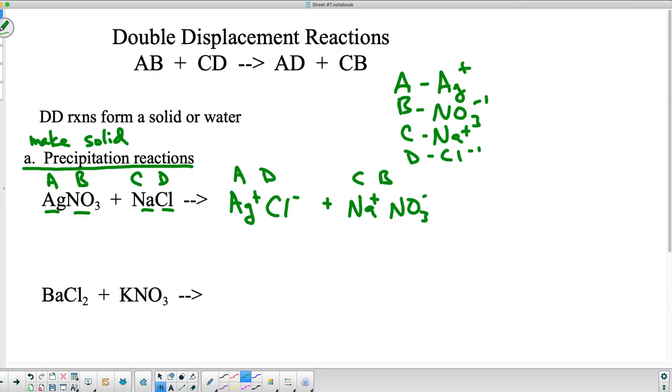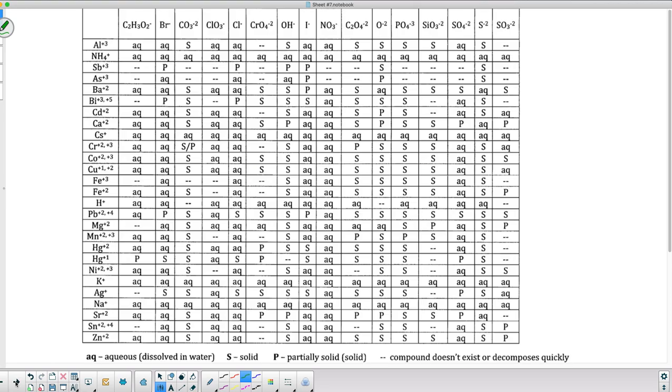Okay, so now that I have these together, I'm going to look at something called the solubility chart, and this is attached. This is part of the equation test sheet that I have attached to this assignment. So go back to the assignment and open that back up and follow along with what we have here. So the first one